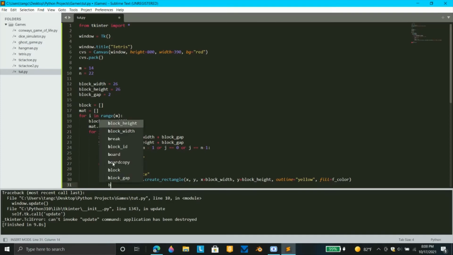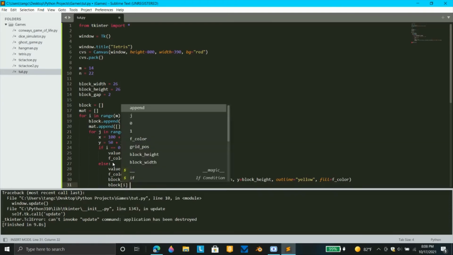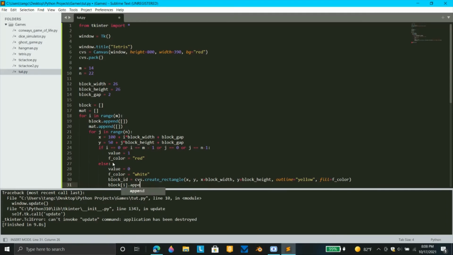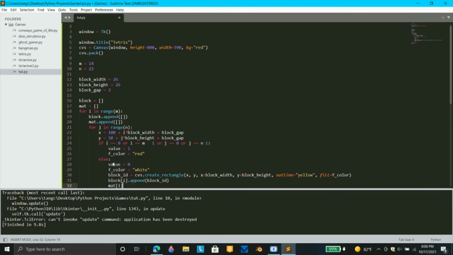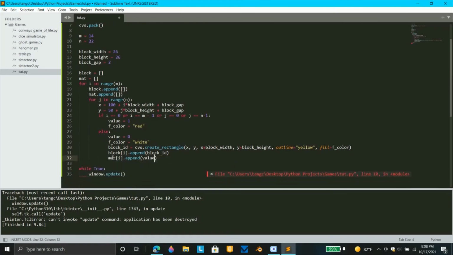So that now we append this block to the row list of the block list. So basically, we're going to go over each row, and then we're going to add blocks to it. So we'll use one list to store the block object itself, and then another list to store the value of the block, like whether or not it's empty. So yeah, now you can see, if we run it,